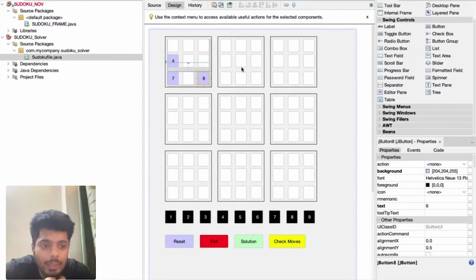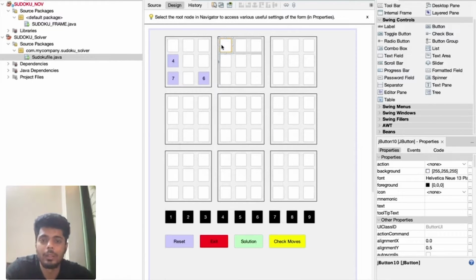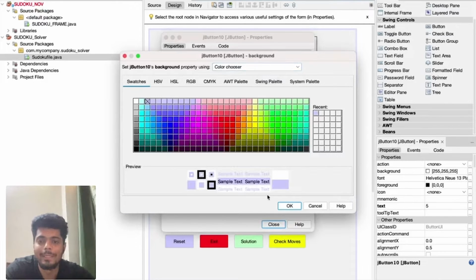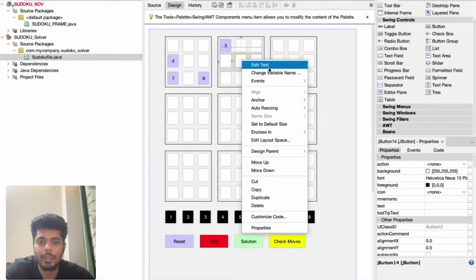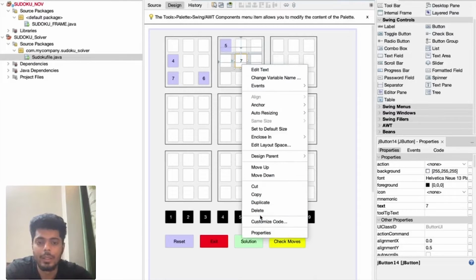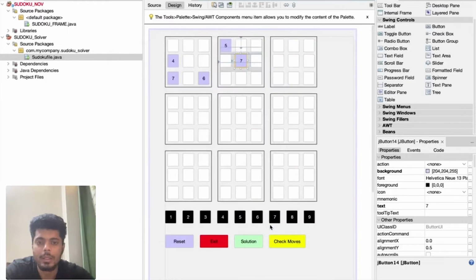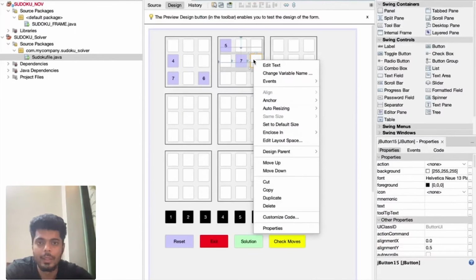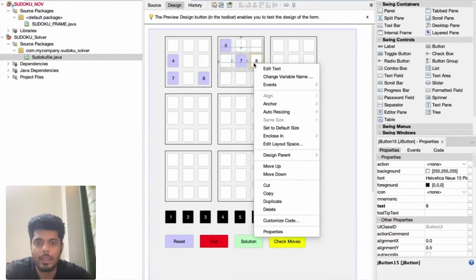So 4, 7, 6 in the first grid, and 5, 5, 7, 5, 7, 8, 8.